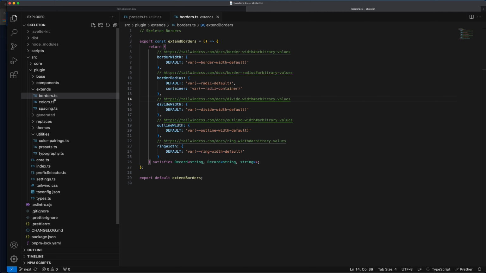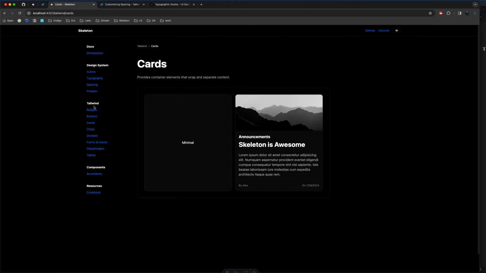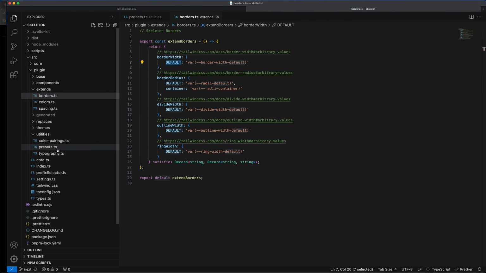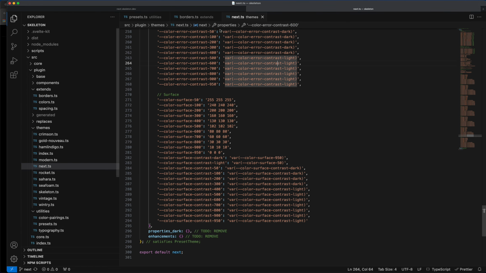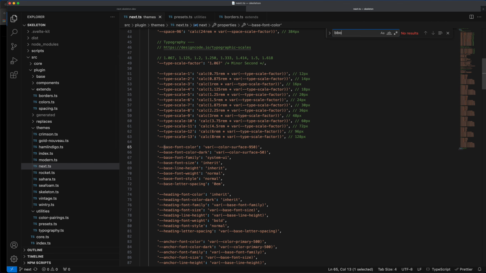We're also expanding our borders. This is actually overriding some of the default values, which is kind of a cool concept. So what this is going to do for you is, if you look at something like, what's a good example? Probably the inputs and forms. The style that's being used for this border here is being derived from your theme. So if I open the themes, we're just calling it next for now. I don't know what the actual name of this is going to be. And if I look for border,